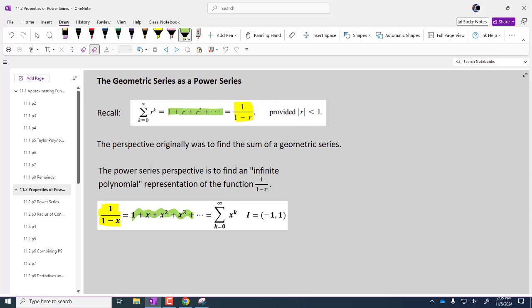So just like it was back here, same idea. The only difference is that now we're thinking of this as a function. And our whole goal is going to be to represent functions as power series. That's our goal. So this is our first one. We now have a function that we've written as a power series. First one. We're going to have 12. All right, so